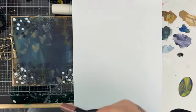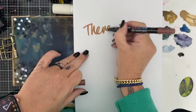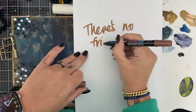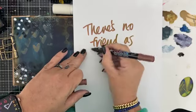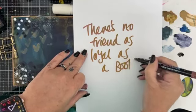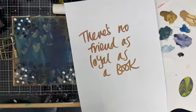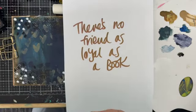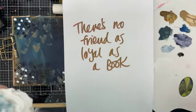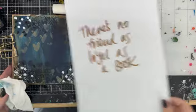Hang on, I've got to scroll back on my comments. There's no friend as loyal as a book. I'm writing it there so that I can check my spelling. Can someone spell check me, please? Because I make pretty things for a living. Maths is not great for me. Neither is, well, spelling I'm okay with, but